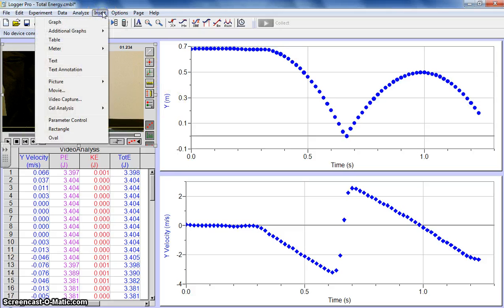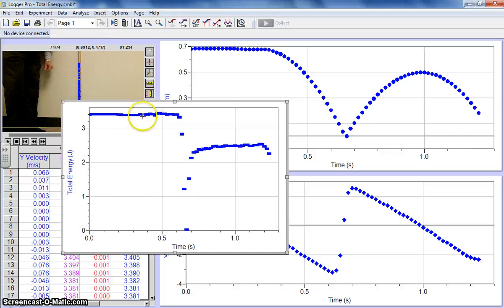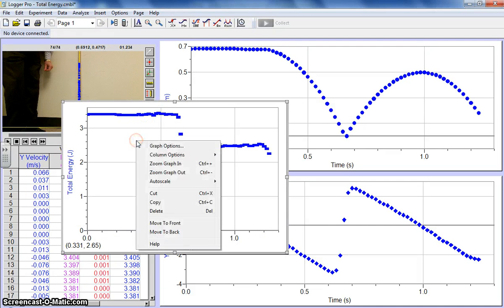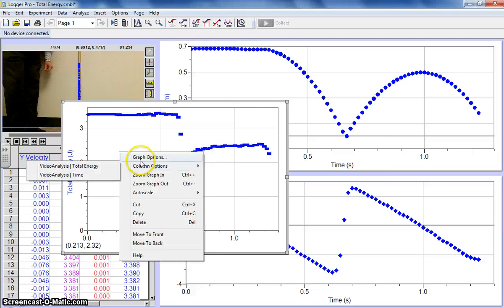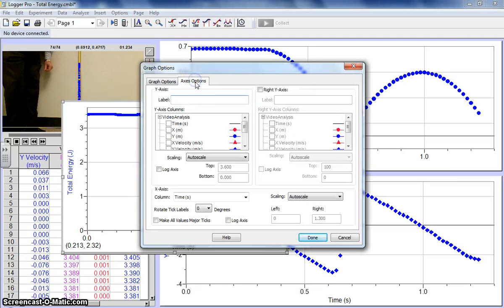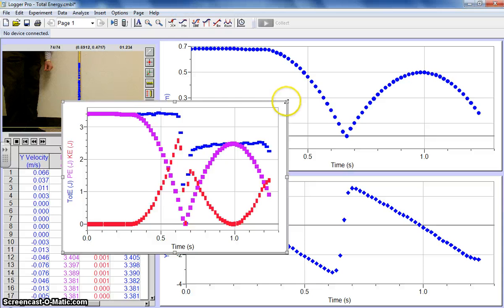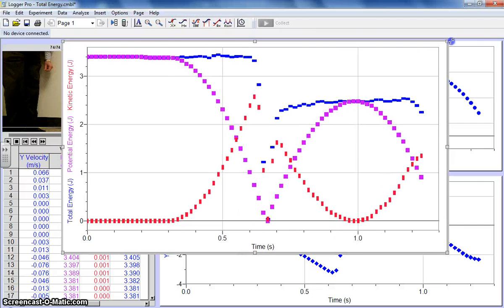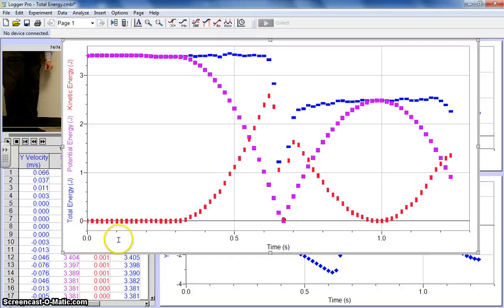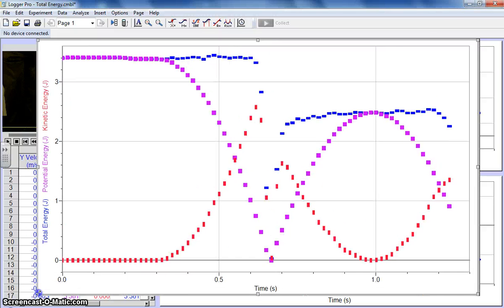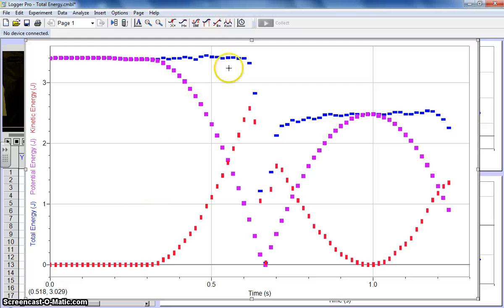So now if I do insert graph, on this new graph I've got a total energy, and for my axis options I can also include potential energy and kinetic energy. And at first it looks a little messy. But we can see that the blue lines are the total energy, and the total energy is relatively constant until